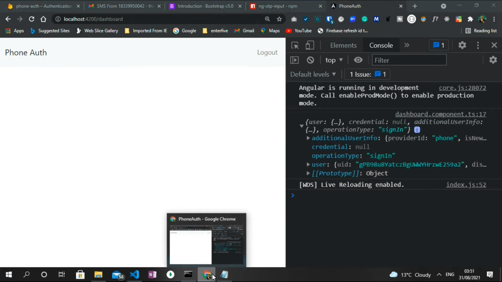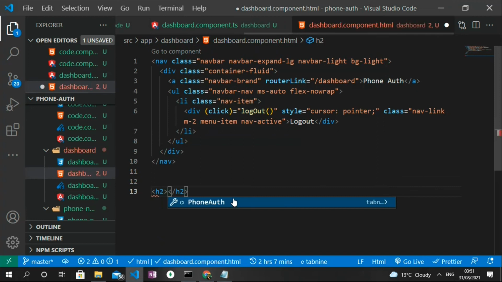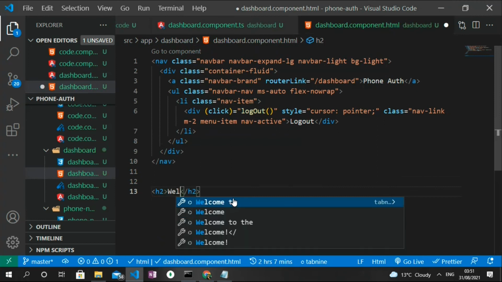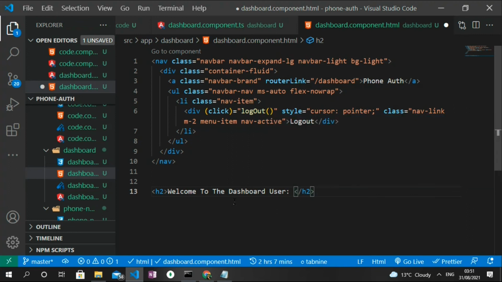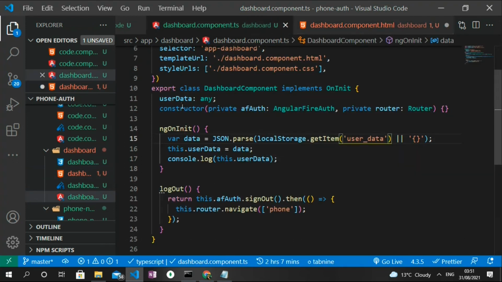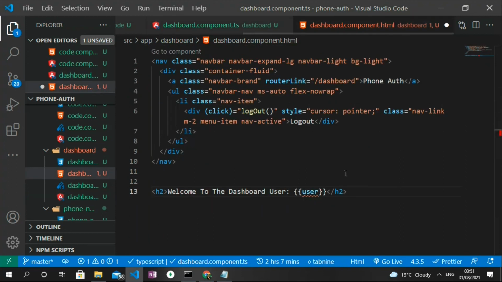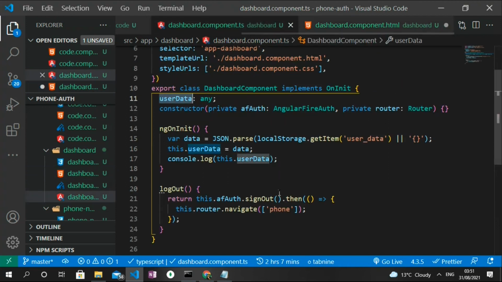So quickly to implement the phone number on the page, in our HTML file, what we can do is to maybe probably create an h2 tag, and inside this h2 tag, I can say welcome to the dashboard user. Then I can just say userData, which is a variable we created in our TS file. So to be sure we are getting the phone number here, what we can do is to say